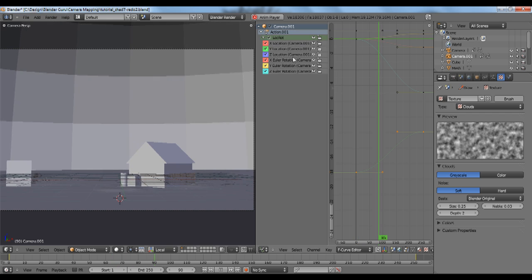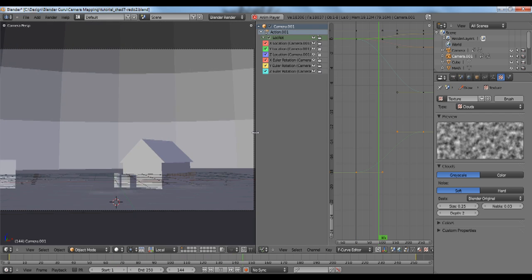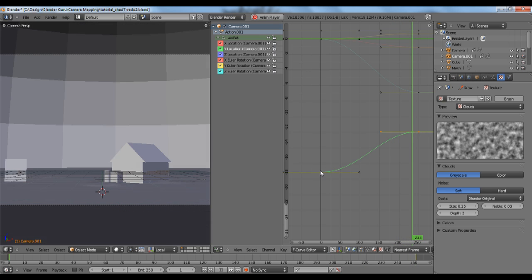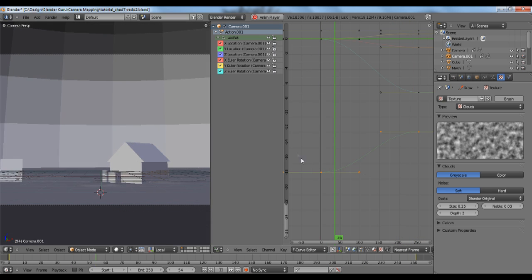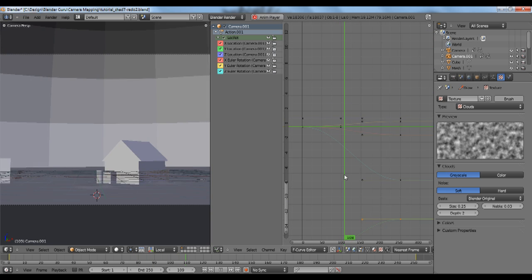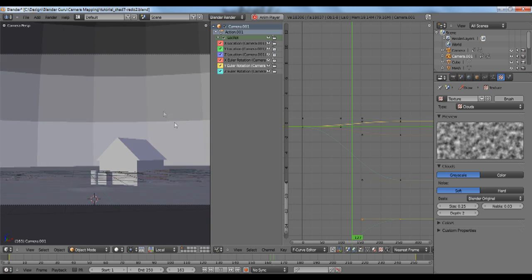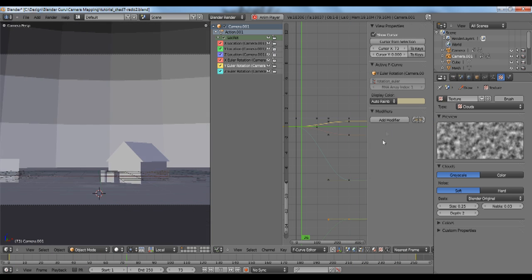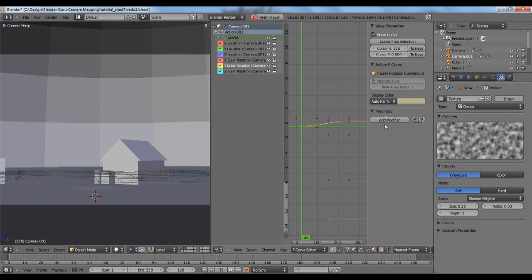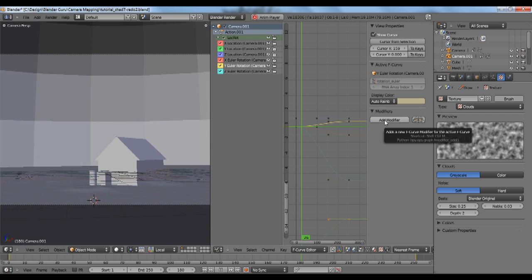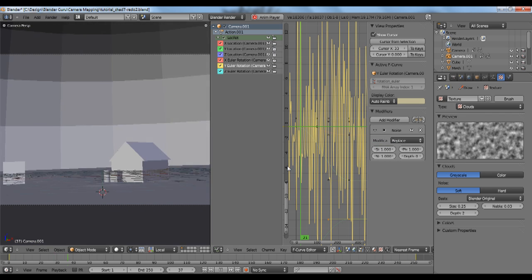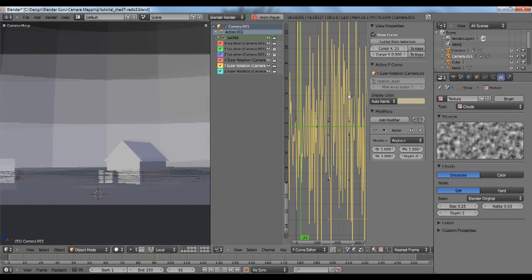So what you can do now in Blender 2.5 is add noise to each of these IPO curves, or F curves as they're now called. So if we select, say, just this Y rotation, that controls the tilt, like that, okay? If we select that and press N over here, you can see that this sidebar pops up, and we've got here a new function called modifier. So if we click Add Modifier and then select Noise, as you can see, it's added this random noise here,